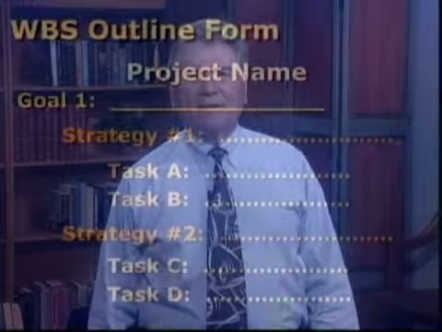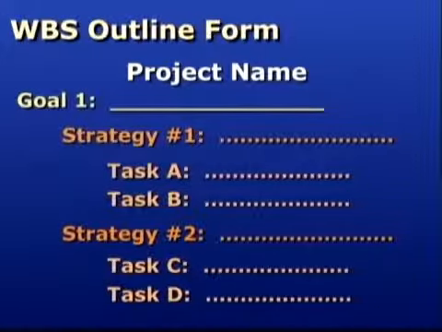Great. Thanks. The most popular format of the work breakdown structure is the outline form. It's the way that most of us begin the process of organizing our ideas, so it's not surprising that most of the project management software tools are also organized in the same format. The top level of the outline is the project. The second level will contain the goals needed to accomplish the project. The next level contains the strategies for achieving those goals, and below that we have the details, the specific tasks needed to accomplish the strategies.